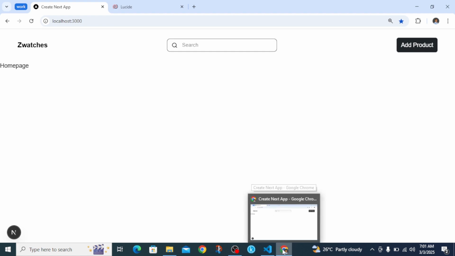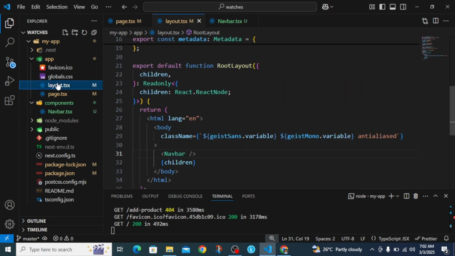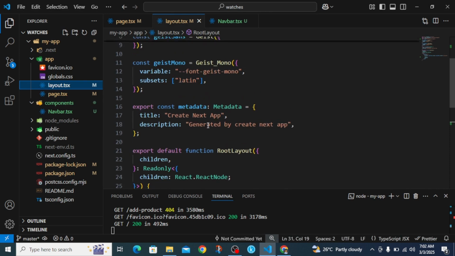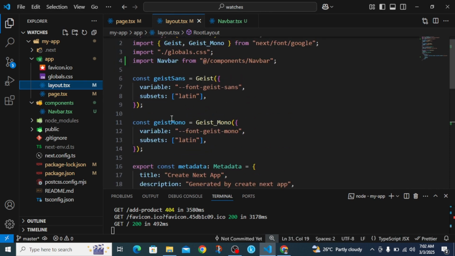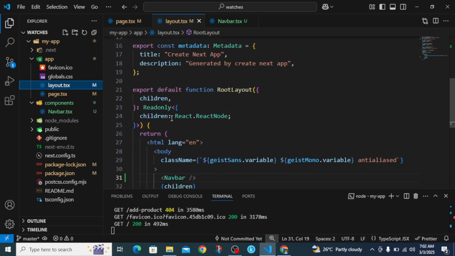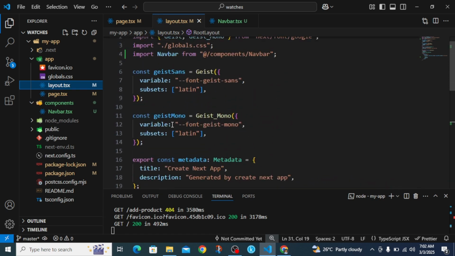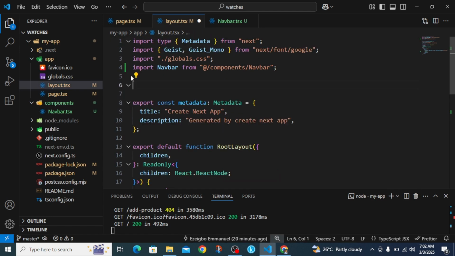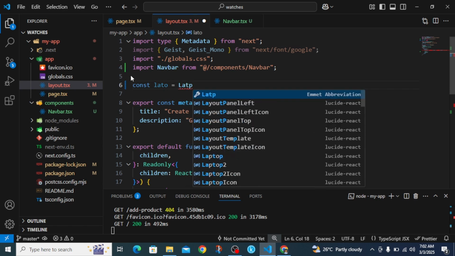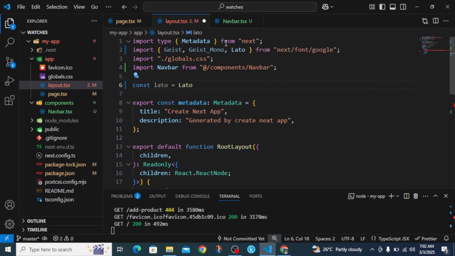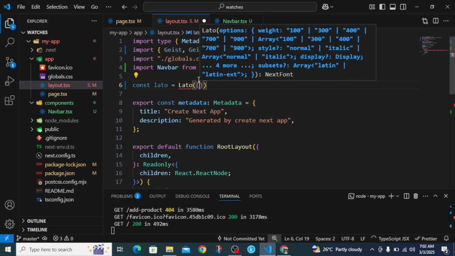So the next thing we're going to work on is, I don't like this font, so we can change this font. I think the Lato font will be better. So to change a font in Next.js, we're going to go to our layout.tsx, and if you notice, we are using this font called, I think, Geist Sans or Geist Mono. I don't know how to pronounce that, but I don't like the font, so I prefer to use Lato. So I'm going to get rid of this. Then I'm going to say const lato will be equal to capital Lato, import this from next/font/google. Yeah, this one. So I'm going to say Lato, and then give it a subset of Latin,